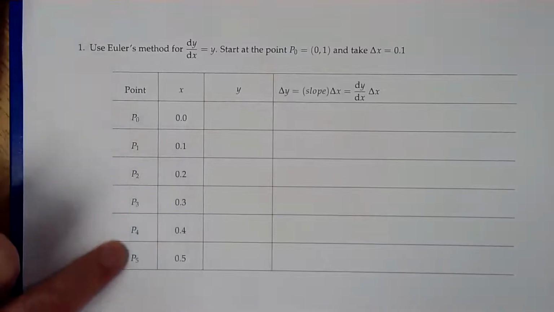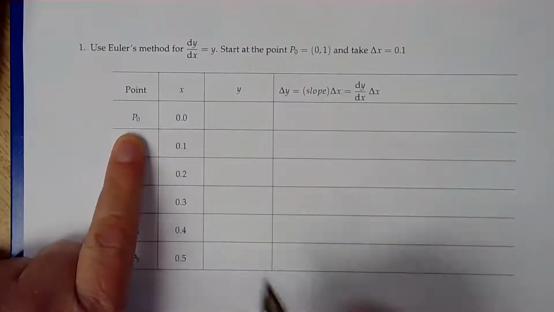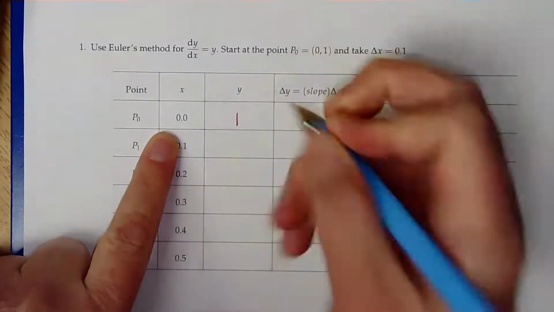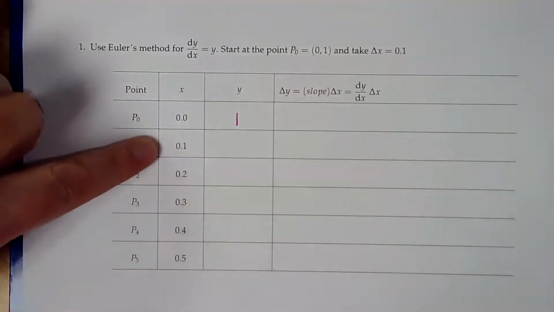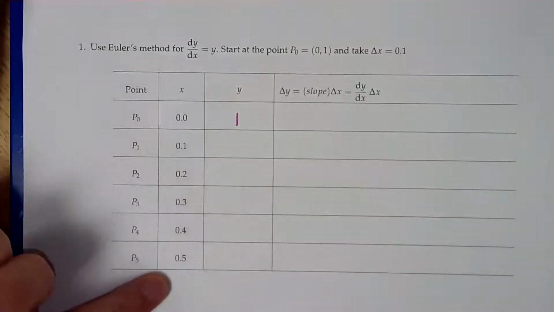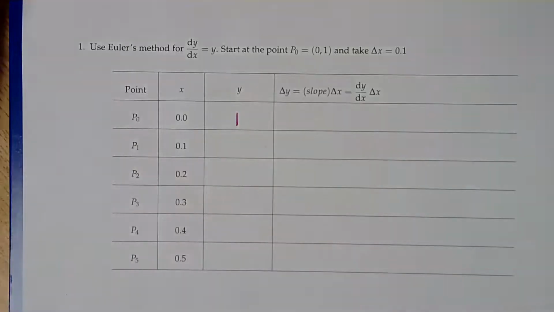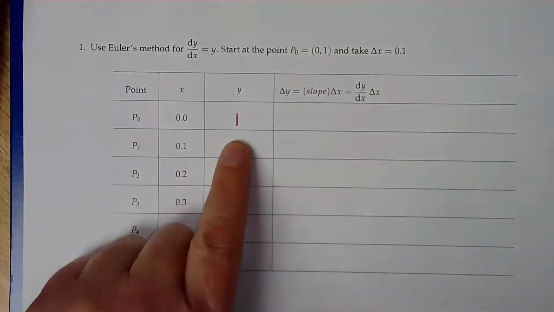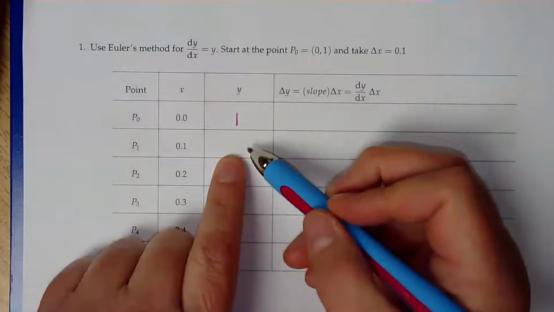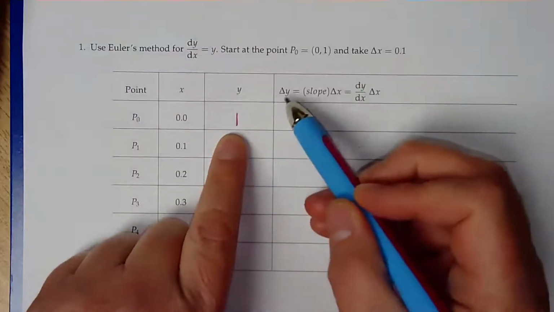So I've listed all of our points out here. P0 is our first point, which is (0, 1). And then we're using delta x equal to 0.1, so I just incremented each of these by 0.1. Okay, to figure out what our next y value will be, we're going to take this and add delta y